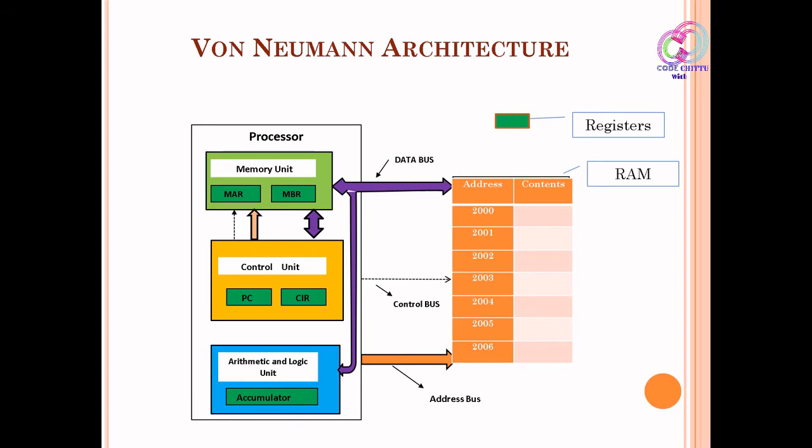Already we have to store each instruction in the RAM. I already told you, from the hard disk any program, suppose I want to load the OS, that program has to be loaded into these contents, and each instruction will be loaded at each address. Actually the RAM looks like a grid, and each cell has its own address, and the data is stored in it, so that when it is taken, it must know from which address each instruction is fetched. Okay, this is just a model I will show. Again, when I go through the fetch execute cycle, we can discuss this in a well detailed manner.